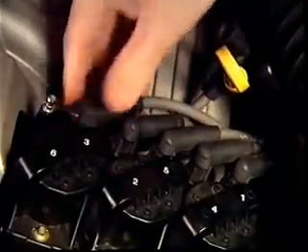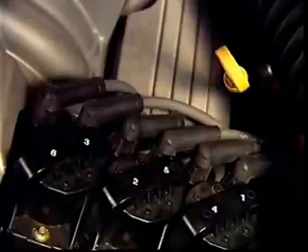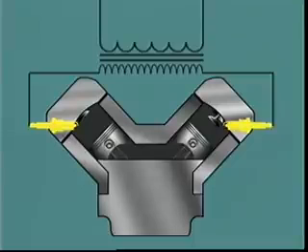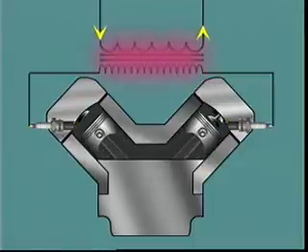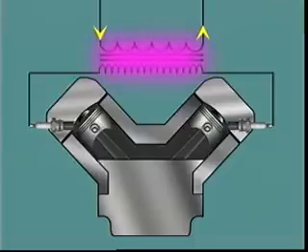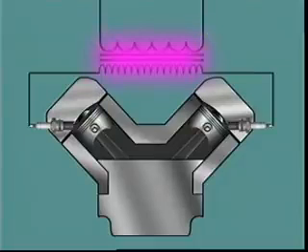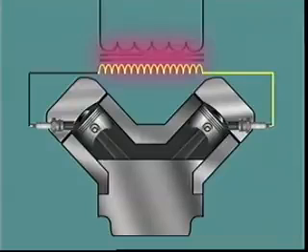Each ignition coil serves 2 cylinders, with each end of the secondary winding attached by a high-tension lead to a spark plug. These 2 plugs are on companion cylinders, that is, cylinders where the pistons reach top dead center at the same time. The cylinder on compression stroke is said to be the event cylinder, and the cylinder on the exhaust stroke is the waste cylinder. When the high-tension voltage is induced in the secondary winding, the secondary circuit is completed by